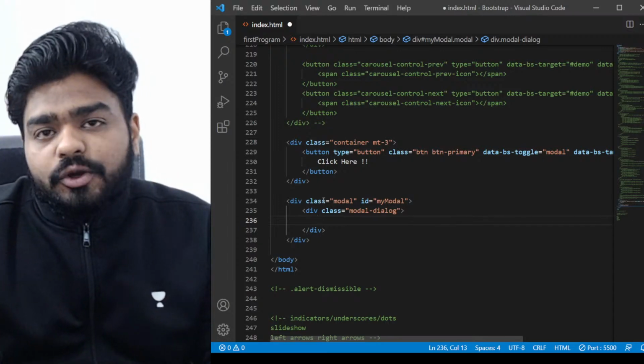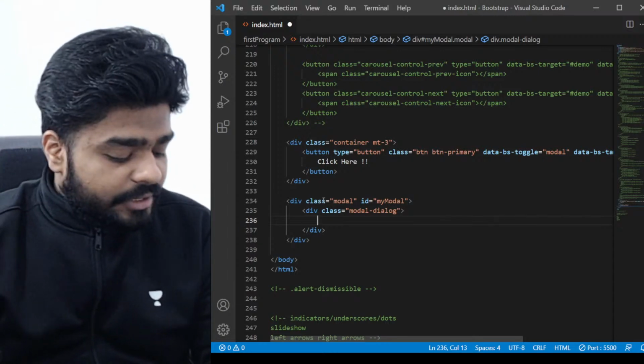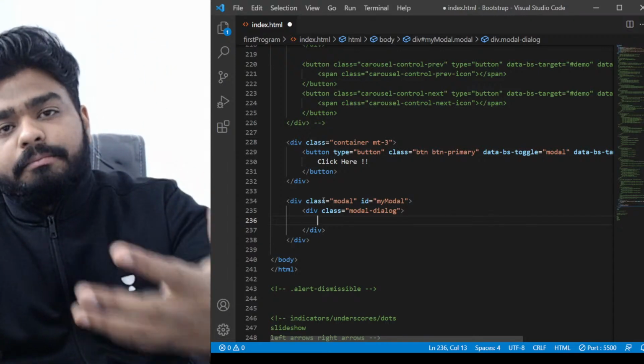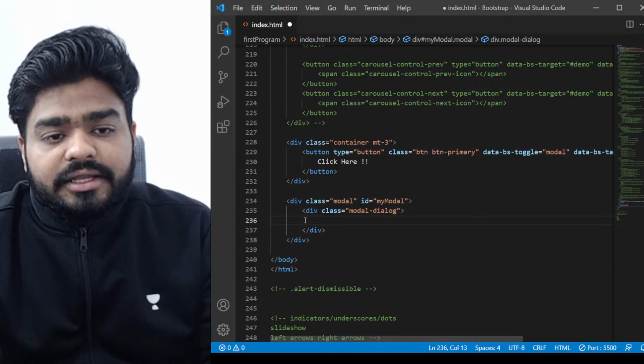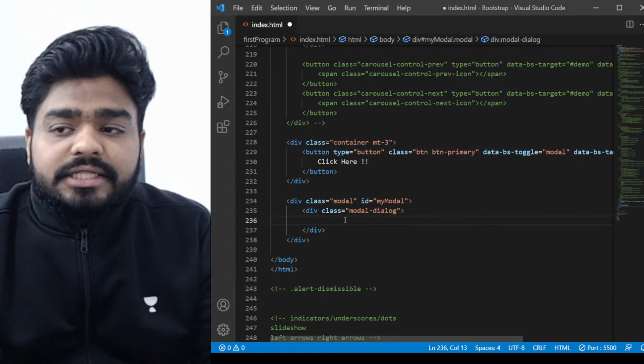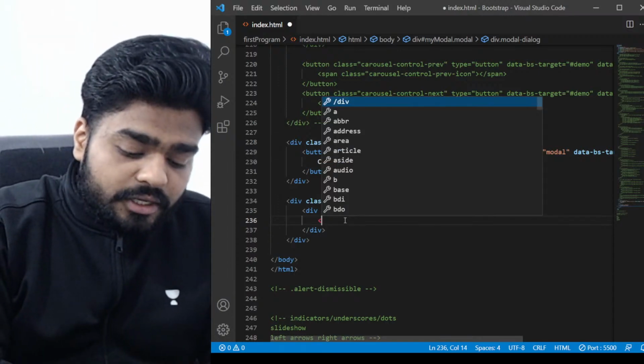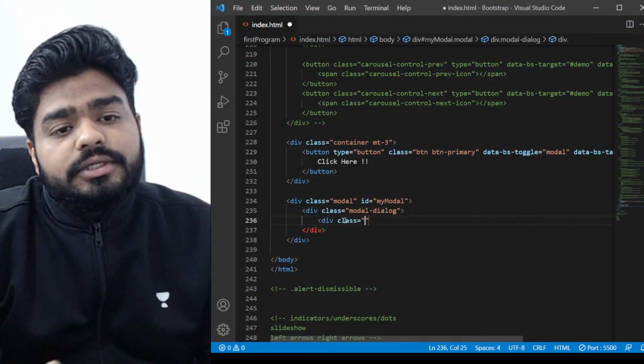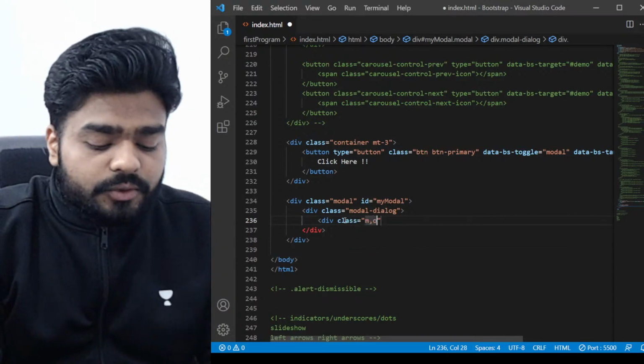So you know what is a dialog box? You must have seen it in JavaScript. It's basically a box which appears suddenly, right? That's what the dialog box is. And inside this, we are going to write our content. So for content, again, we are going to create a different class, and we are going to just write here